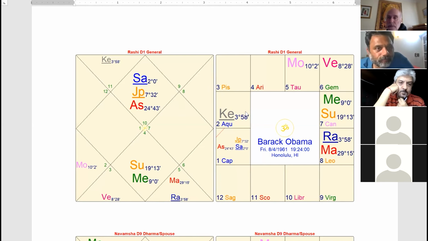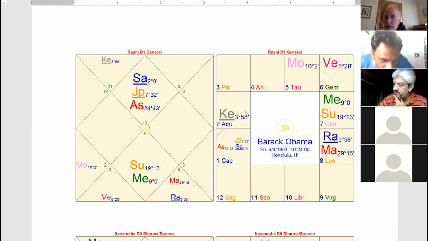It wasn't Jupiter moon that he became the president. Which sign in the Navamsha did Jupiter go into? Pisces. It goes into Pisces, its own sign, sorry. So it's not a weak Jupiter at all. All his political rise happened in the Jupiter Mahadasha. But of course, at 7°32, it puts it in the third Navamsha of a water sign. So it's also Pushkar Navamsha.